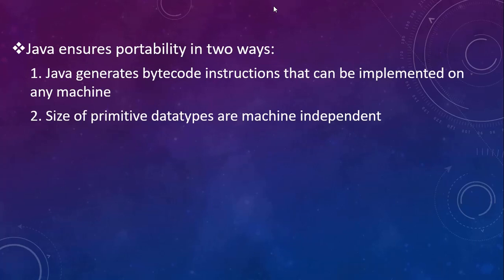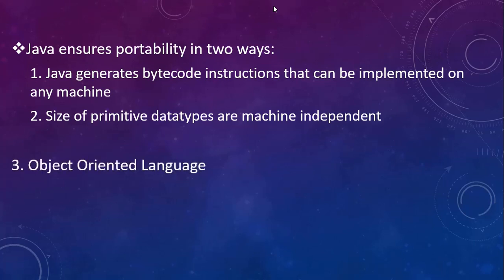independent in Java. If you have noted, when you learned C++, it was said that for the old 16-bit machines, integer takes 2 bytes, but for the higher-bit machines, integer takes 4 bytes. So the int data type was taking either 2 bytes for old machines, or 4 bytes for the new machines. Now this does not happen in Java. In Java, all the primitive data types have fixed memory allocated, so you can say they are machine independent. Irrespective of whichever configuration and whichever bits, the data types will remain the same.